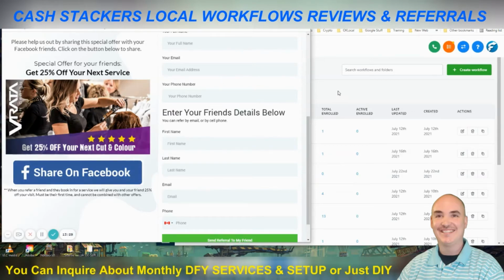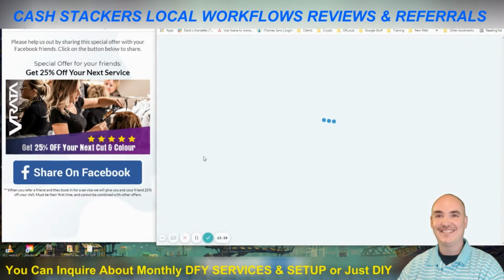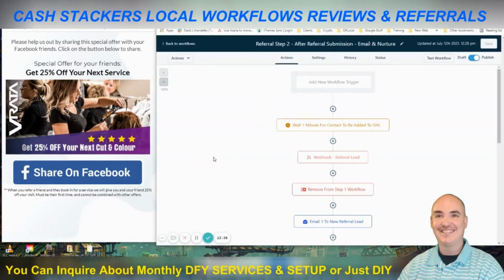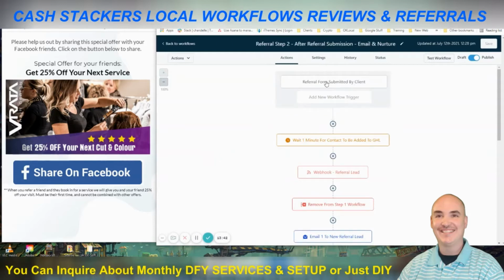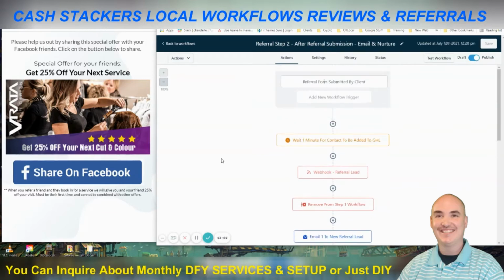Now, if they fill out this form, it's going to take them to right here after referral submission. So this is the referral form submitted by client. This is the form here, the referral form. What it's going to do is, once we get in here, it's going to wait for 1